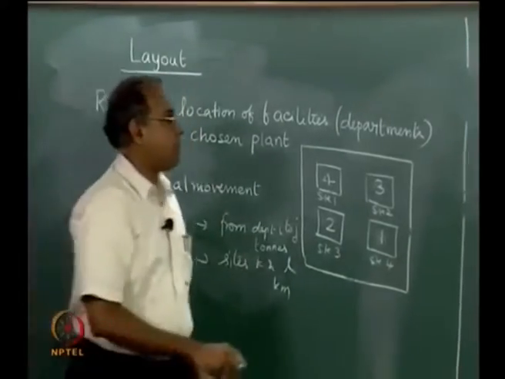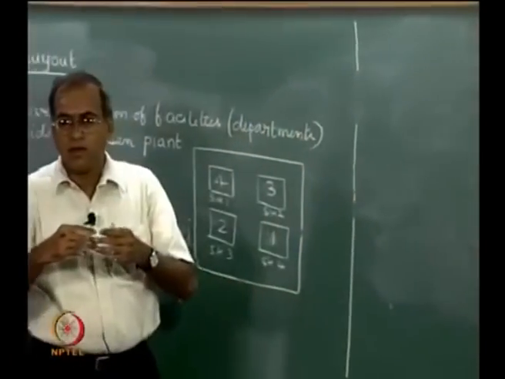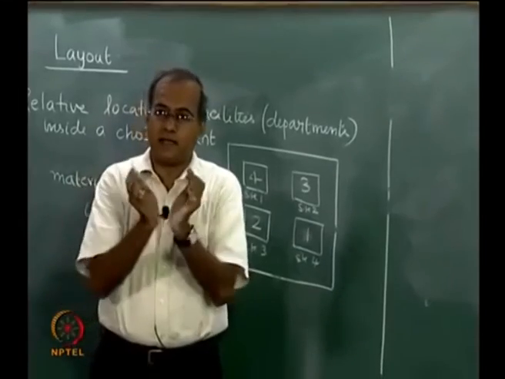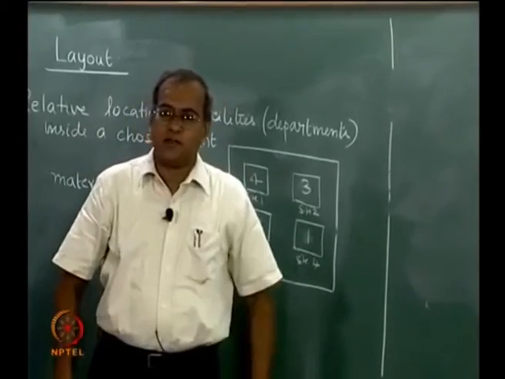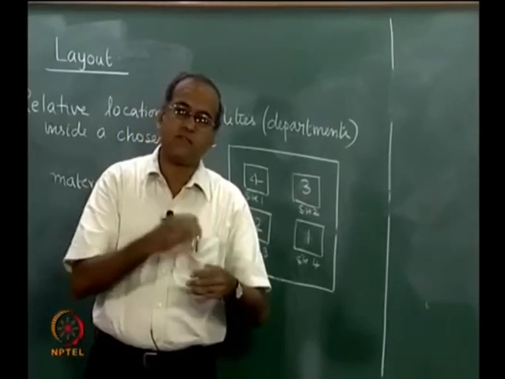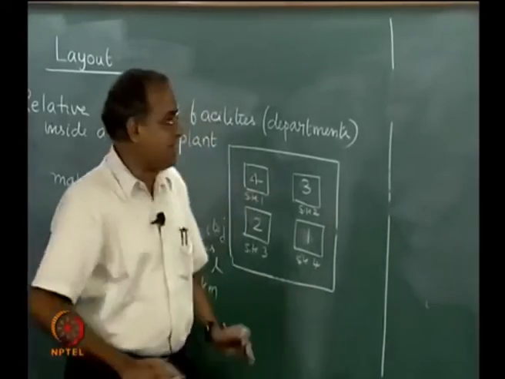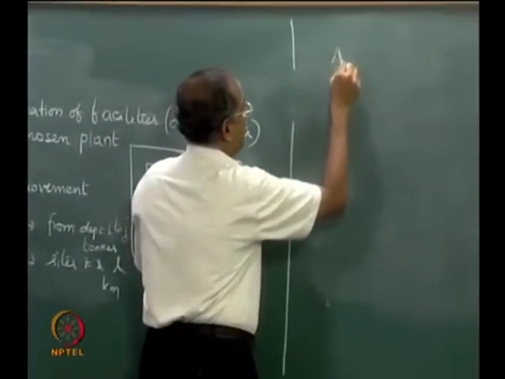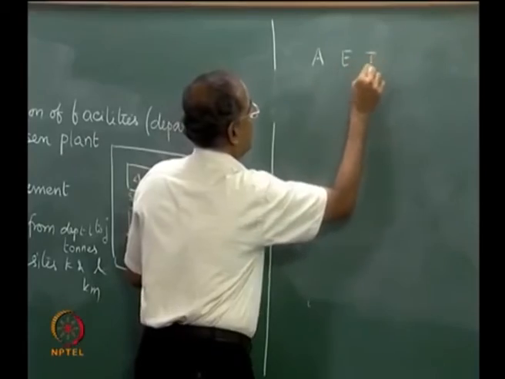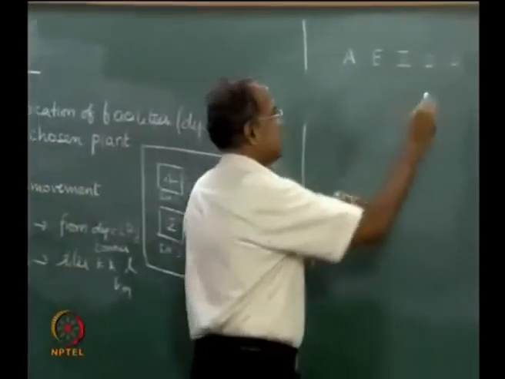Now, what we do in a qualitative model is we try to define a letter or an index which captures the relative importance of these facilities being located close to each other. Ordinarily, we use terms like A, E, I, O and U. Sometimes X is also used,